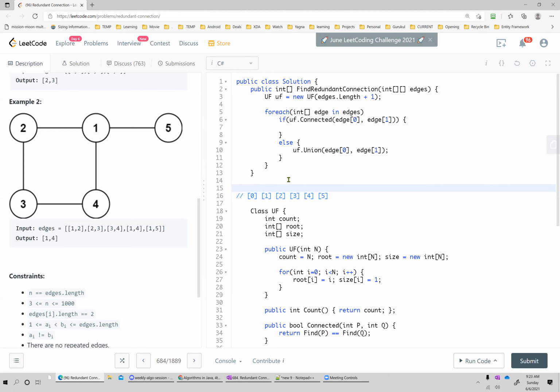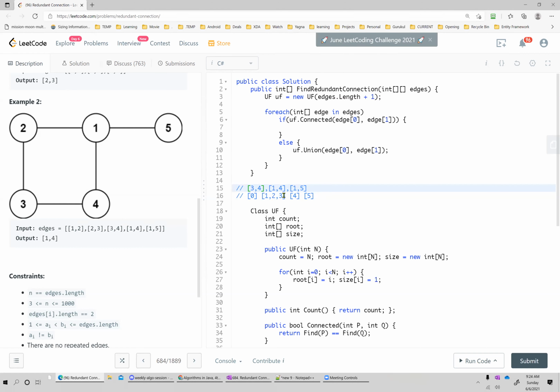This one. So I'm doing 1 and 2. So basically, I'm checking if 1 and 2 are connected. If it is connected, I don't do anything; if it is not connected, I am connecting it. So what will happen when I execute 1 and 2? Basically, this becomes 1. So they are part of one group now, 1 and 2. 1 and 2 is done. Then we'll go to the next stage, 2 and 3. Again, the same thing happens. They will become part of the same group. So 2 and 3 is done because they are not connected.